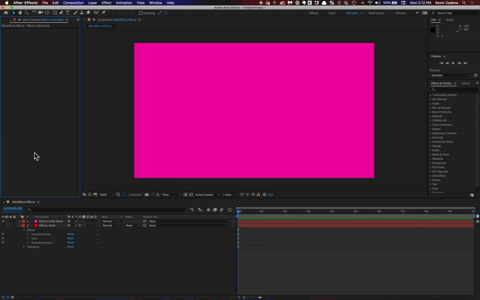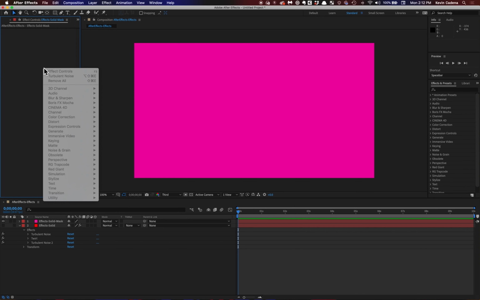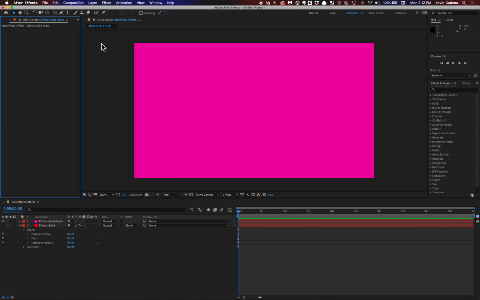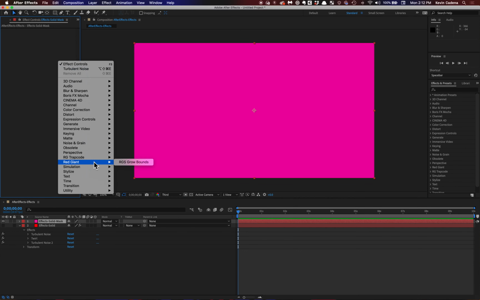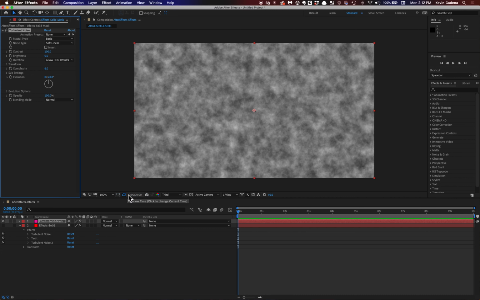And so from here, you can then just right-click. What you want to do first, actually, is make sure that you have your solid selected, and then you can right-click and add an effect. And so I'm going to re-add some turbulent noise. And what I'm going to show you is that with After Effects, you can also mask effects, which is a pretty recent development. And so you can mask effects, or you can add masks in the same way that you would to a normal